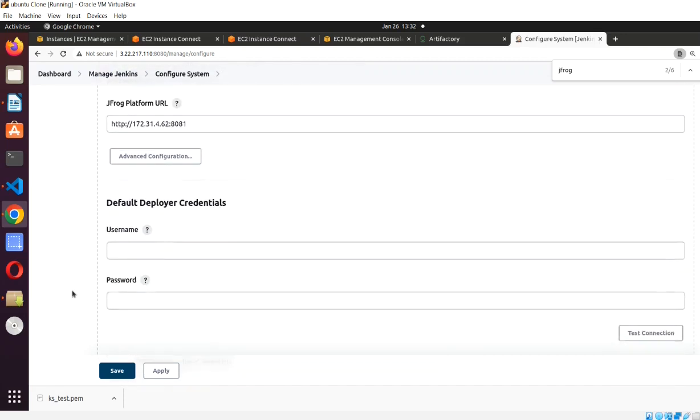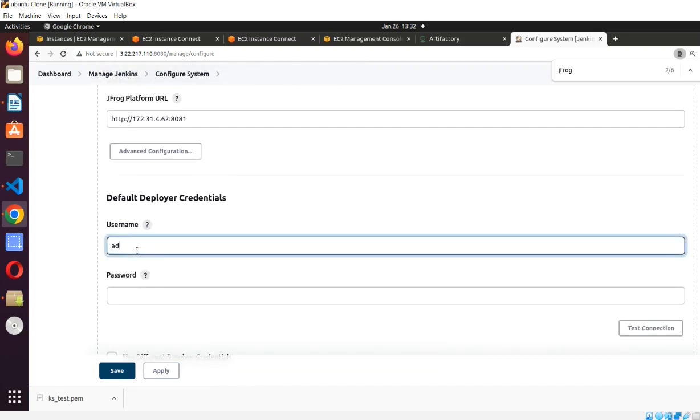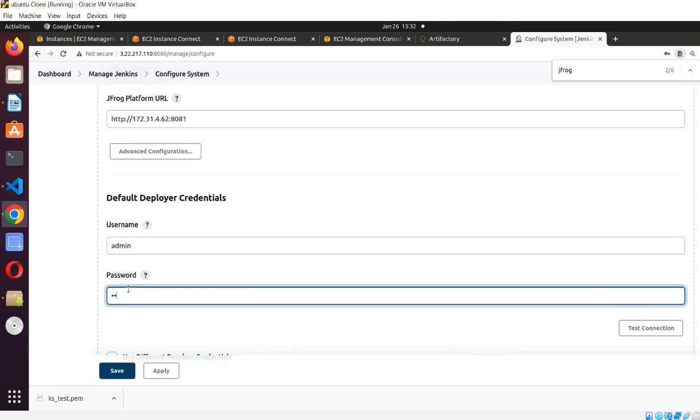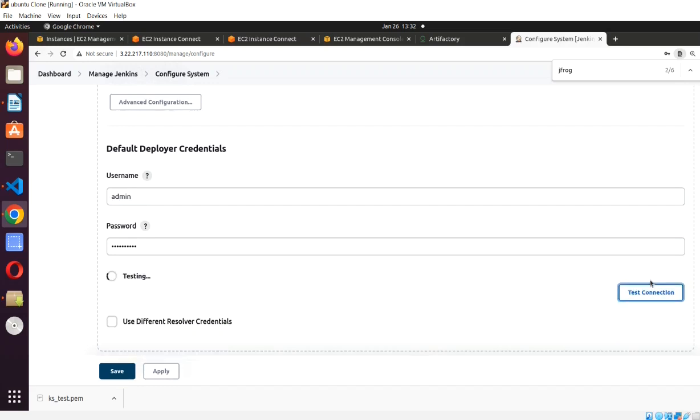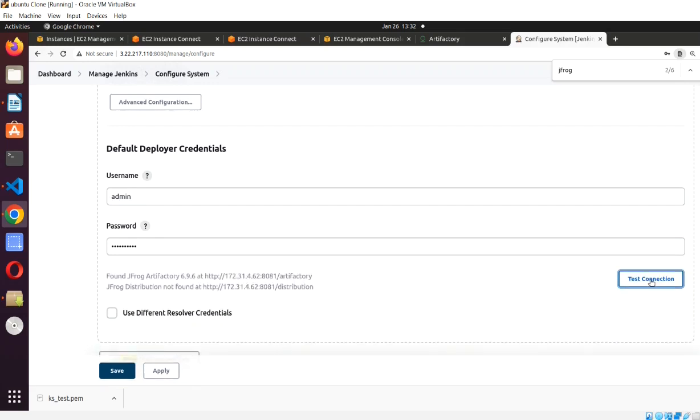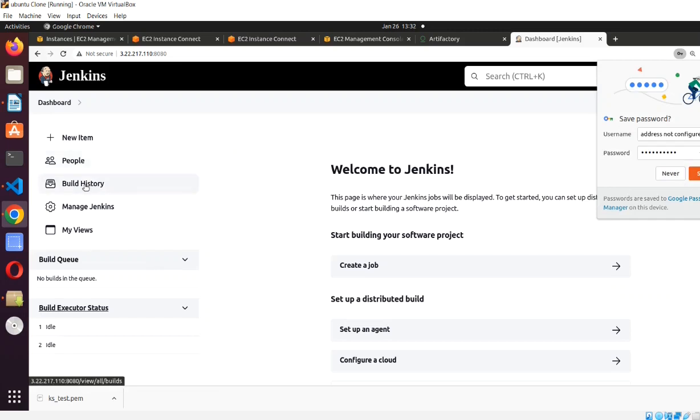Here I am using the same user, admin, password admin@#123, and we will test the connection. Okay, found JFrog Artifactory. Okay, let's save it,